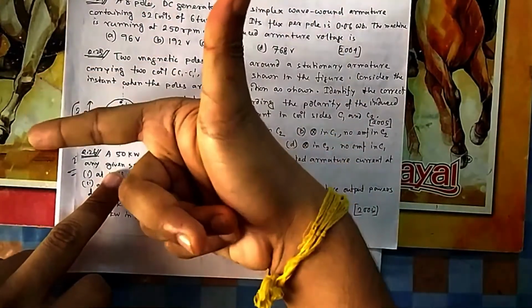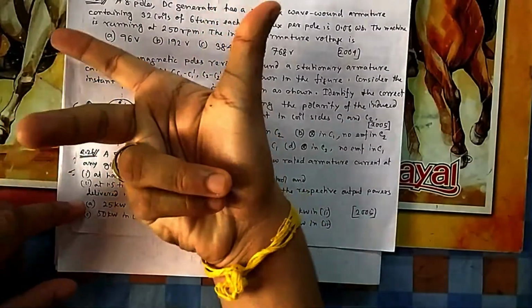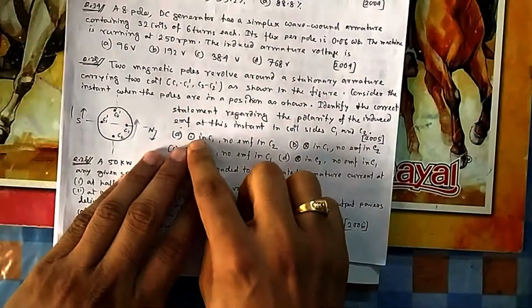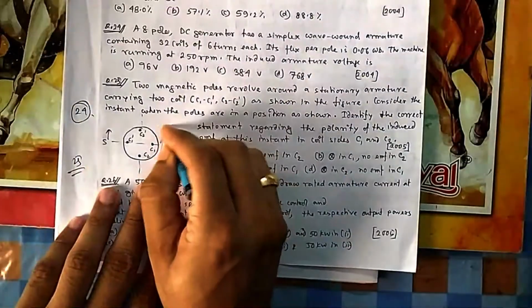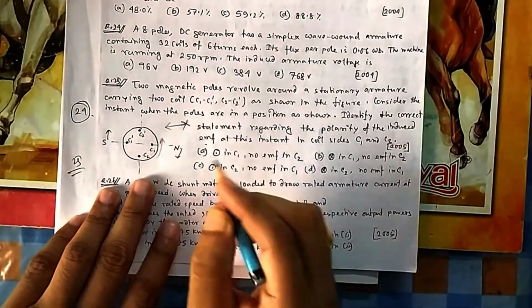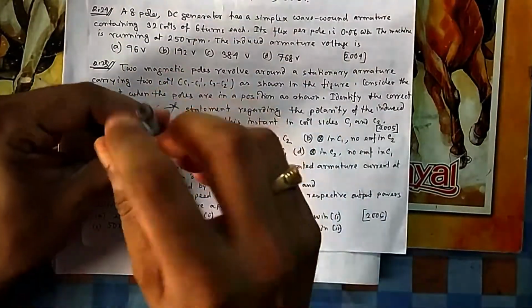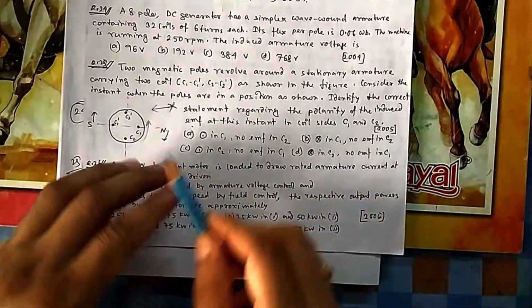So the force is in this direction here, because it is moving upward. So your current is coming out of the paper. If it is coming out of the paper, then it is a dot. Cross means it has already entered. This is the symbol of an arrow: this is the back side of it, this is the front side. If you see the front side, that means it is coming. If you see the back side, that means it has already entered. So it is coming out, that's why it is a dot. So that's why it is option A.